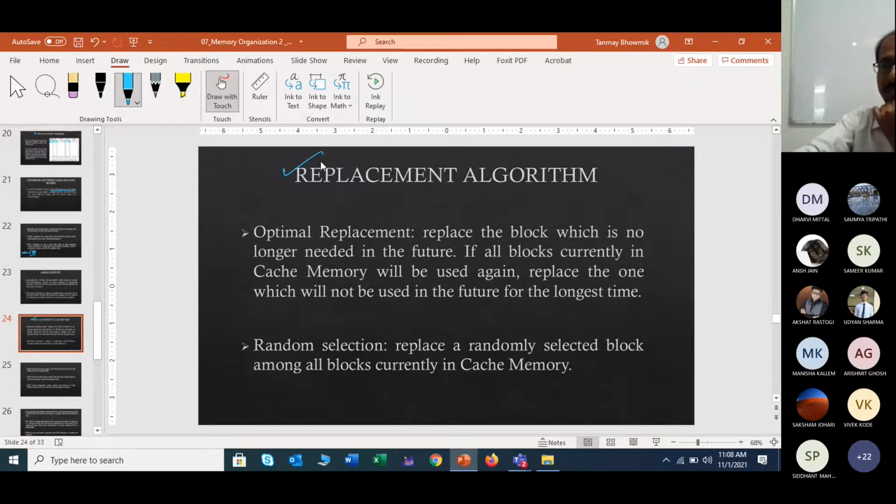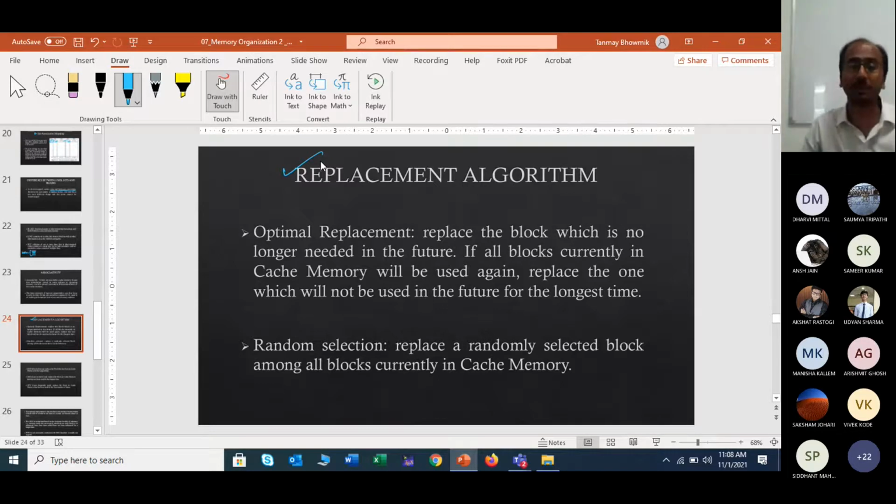We can only predict, we cannot take any fixed decision. So based on all this, different types of replacement algorithms exist. Some of them are optimal, random, least recently used. So let me read them one by one and discuss.